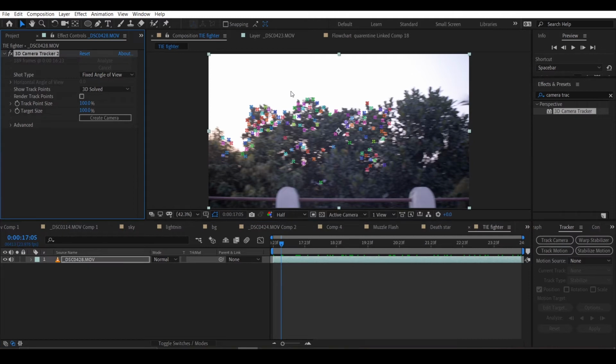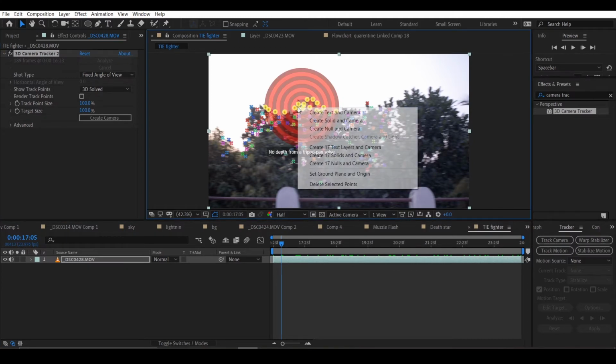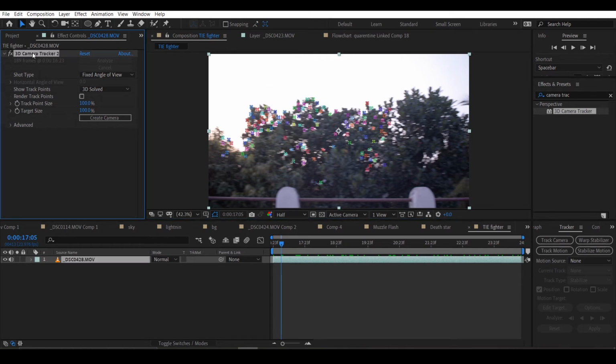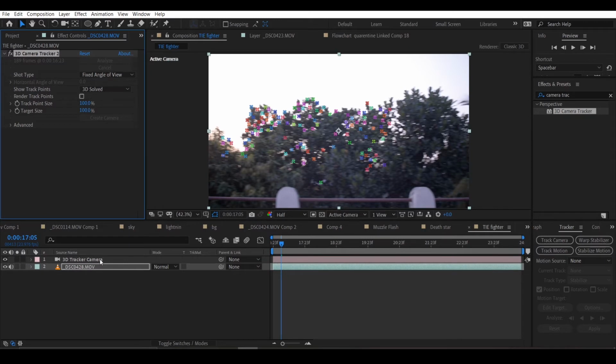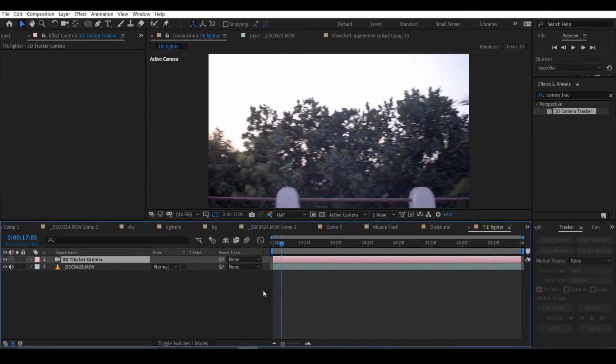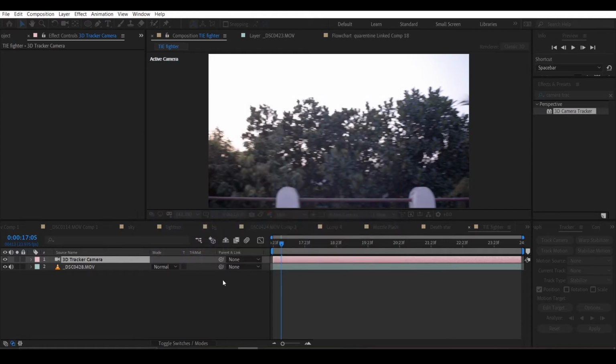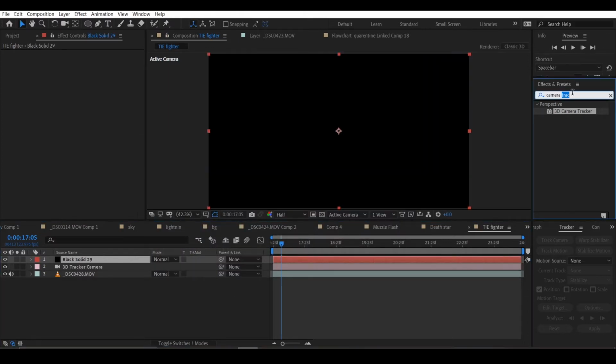And after it solves the camera, we will make a ground plane and create a camera. And now I will add a black solid to it, so I'll make it black and add Element 3D to it.